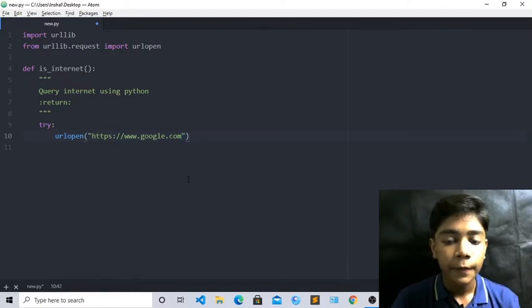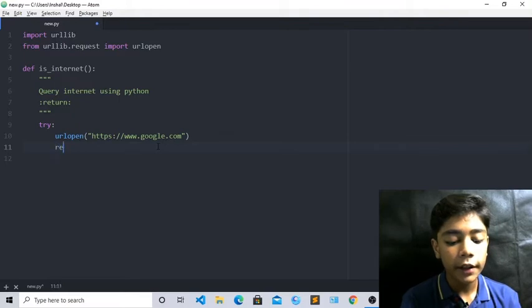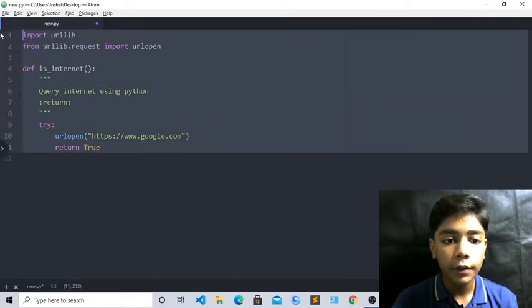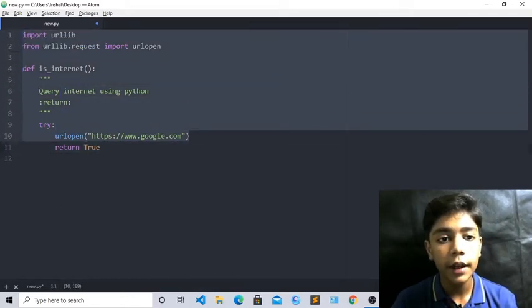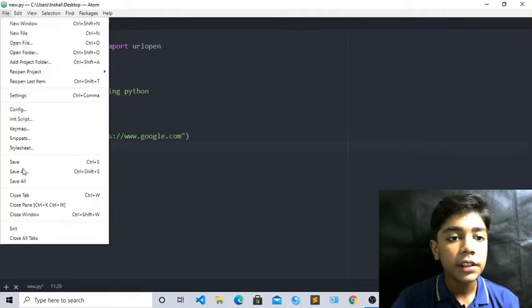Okay, here. Now when you have done this, just come over here, press enter, and now we will write return true. Because we have returned everything true, and all of these we are writing are true, we have to return everything as true. Okay, so now when you have written this true, just save it first of all.